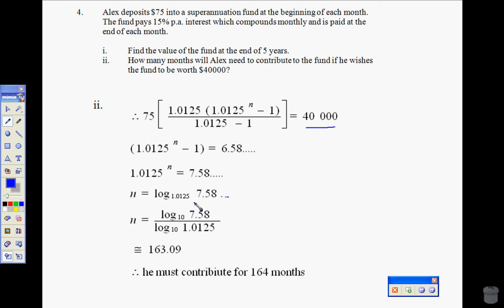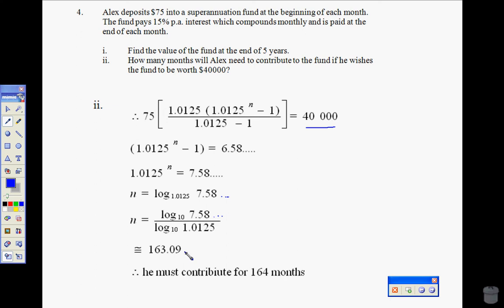I need to use a change of base because I need to go to a logarithm that I have on the calculator. So log base 10, you could use either button on your calculator, it doesn't matter. So log of 7.58, keep that answer in your calculator as you go through, divided by log of 1.0125, and that's approximately going to equal